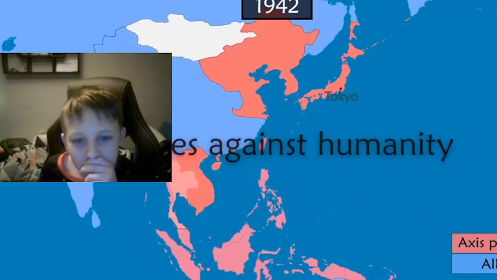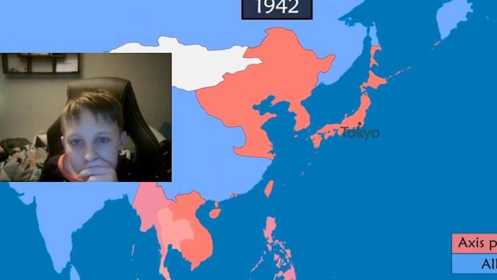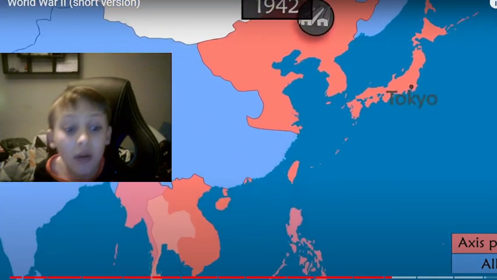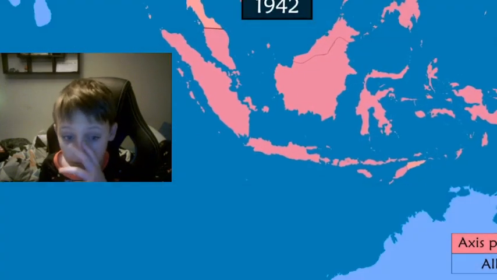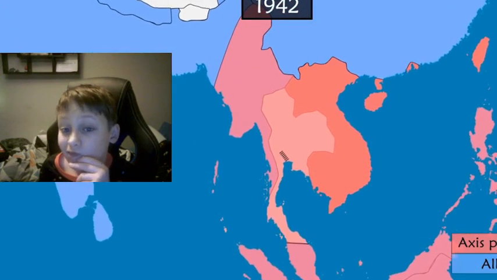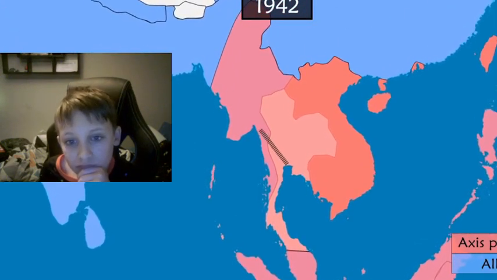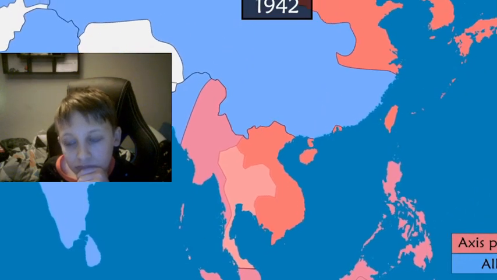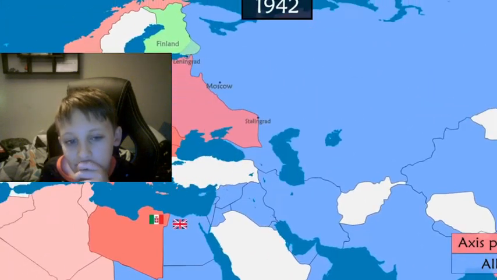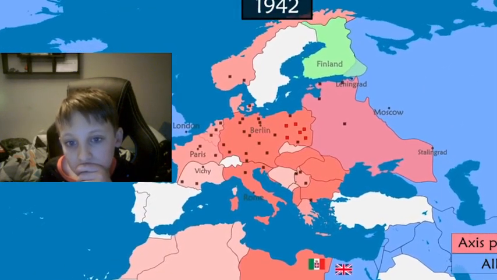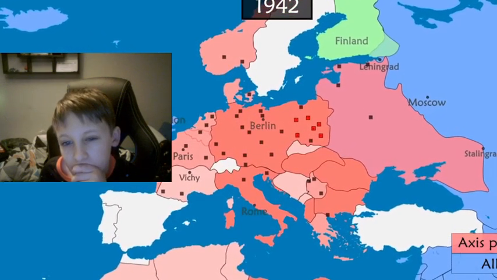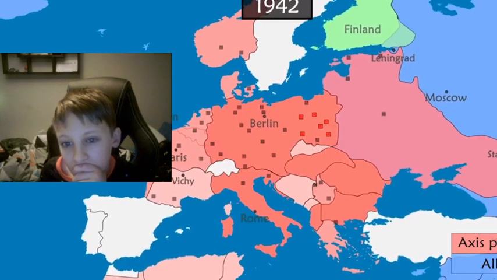In addition to the massacres, Japan sends 10 million Chinese civilians into forced labor camps. 10 million. In Indonesia, millions of prisoners suffer the same fate on the island of Java. In Burma and Thailand, Allied prisoners are exhausted in the construction of a railway line. Moreover, hundreds of thousands of women are forcibly recruited into prostitution for the Japanese army. In Europe, concentration and extermination camps are built to massacre, among others, Jews, resistance fighters, political opponents, gypsies, homosexuals, and people with disabilities.